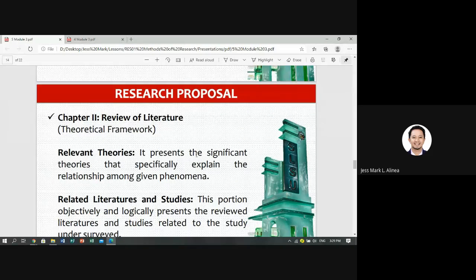Kapag game application, ano daw ang ginagamit na programming language? Ha? Sir, ano po ulit? Anong ginagamit na programming language kapag gagawa ng game application? C++ po. Pwede C++, or Python, or Java. Java. Okay. JavaScript. Yeah. Java. Sige. Anyway, it's your expertise.